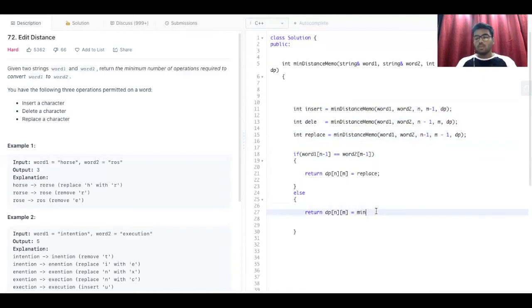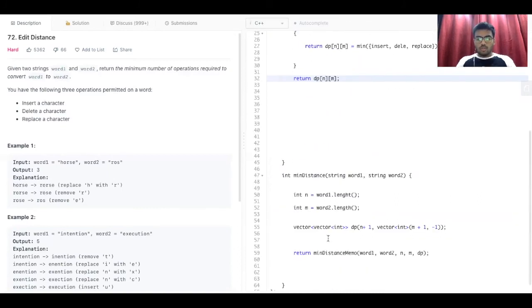For my particular case, this is the minimum operation that we need to do to make it equal. So that is what the DP will be storing here. So the minimum of insert, delete, replace. Okay, now we simply return dp of nm, because in the end we have to return the dp.